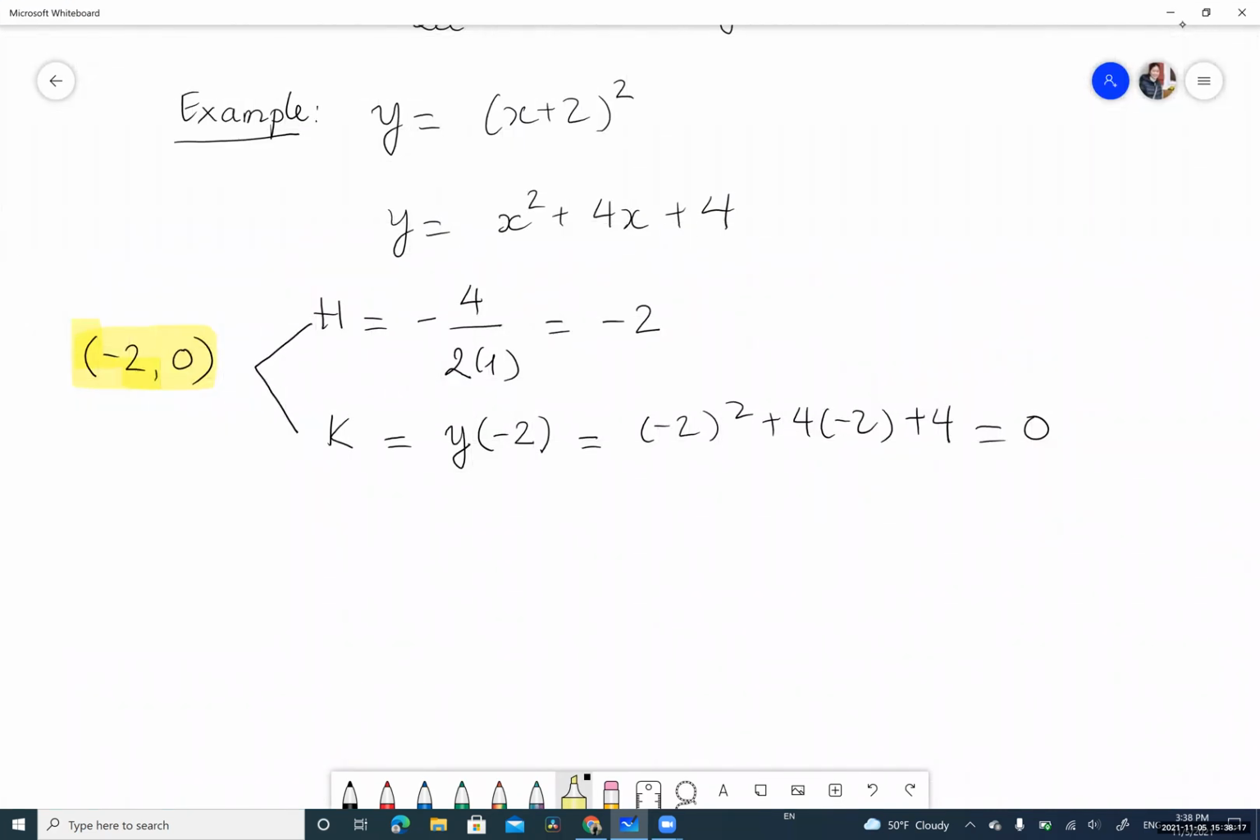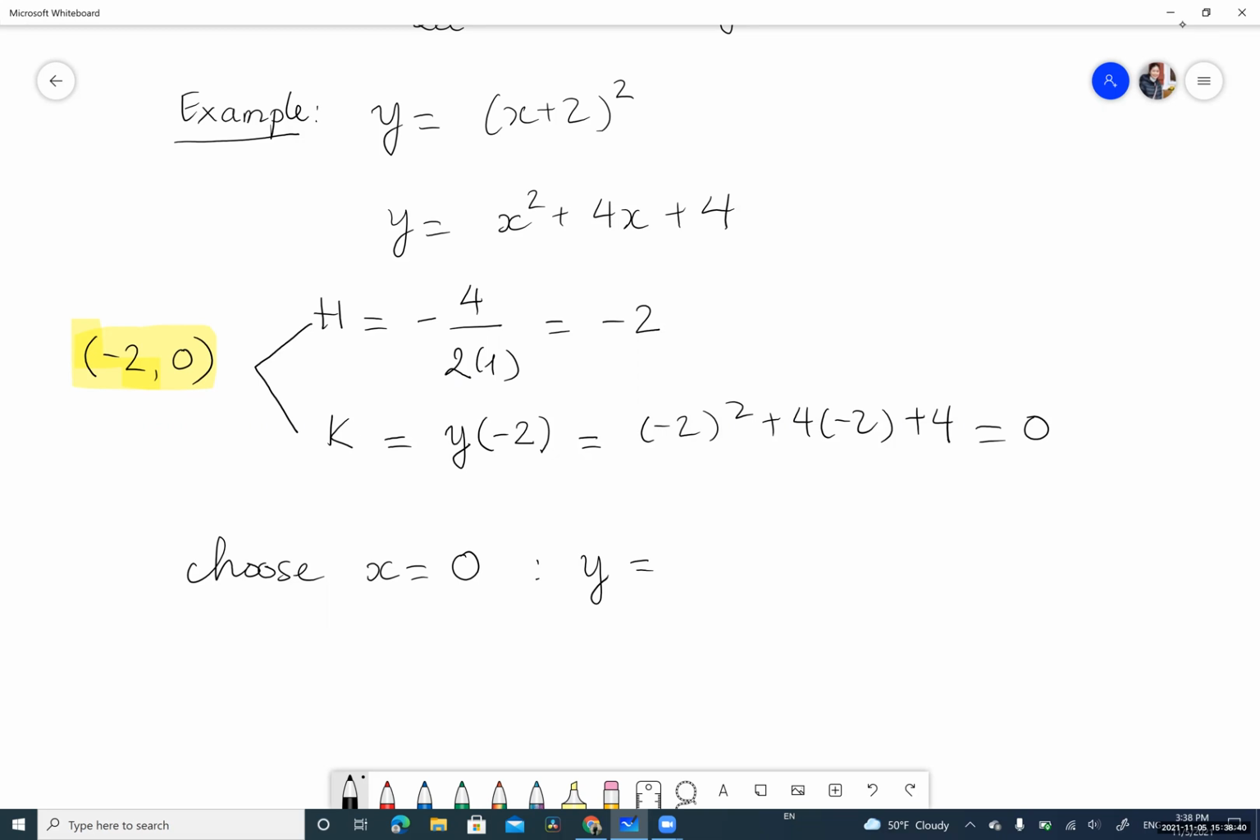So I will choose, it's up to you, but don't choose x equal to -2 because it's already been taken. So just choose another value of x. I choose x equal to 0. It's convenient and it's not -2. So I have y of 0 equal to